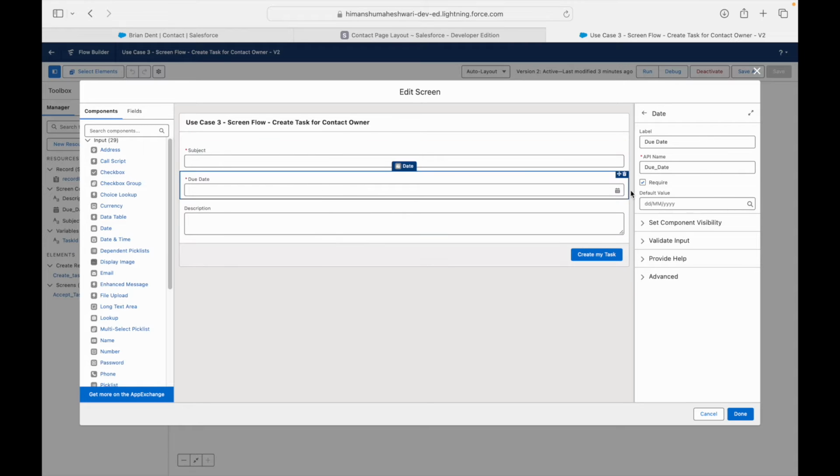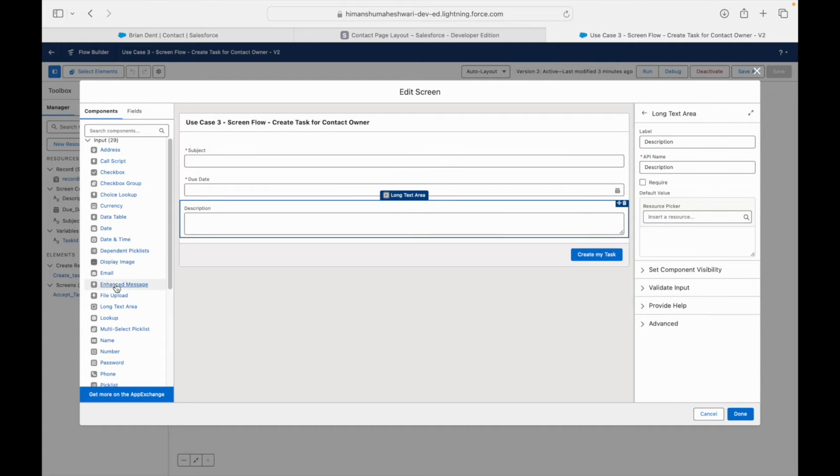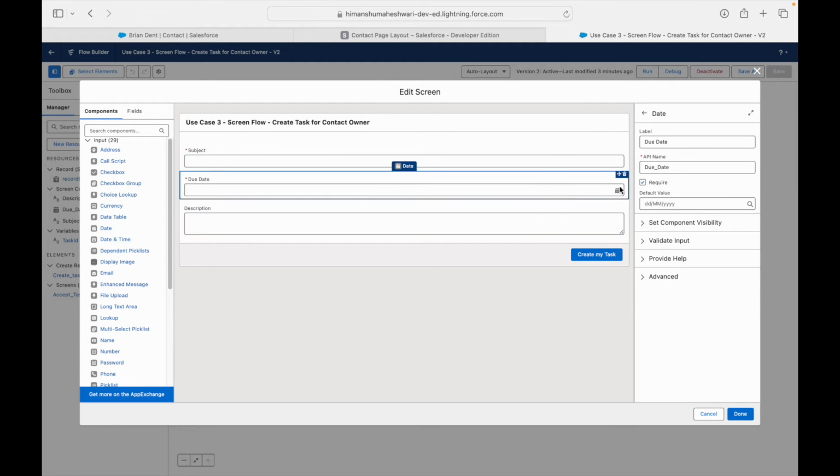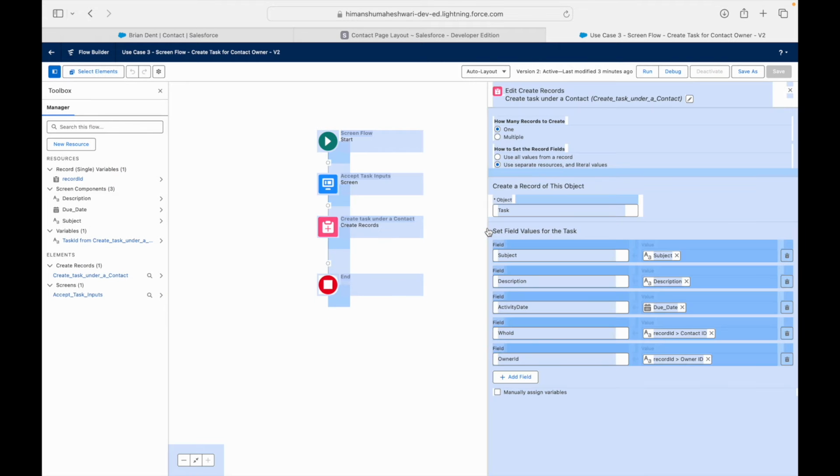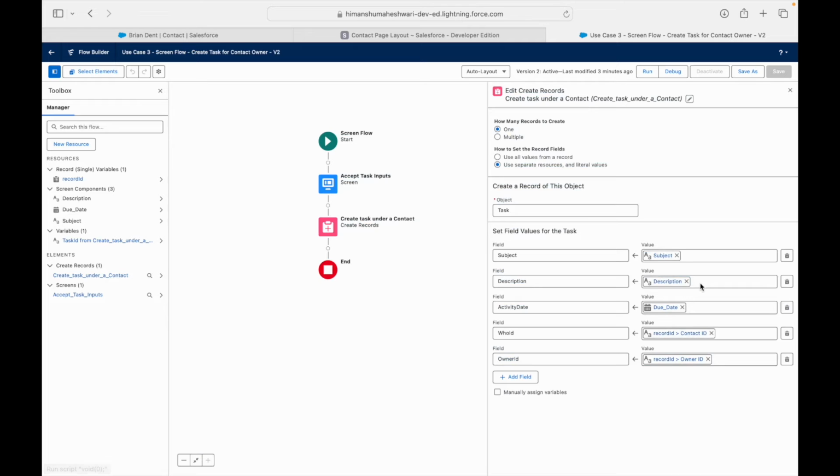So a date picker will let you pick a date by giving you the option of a date picker, right? It would not be a text field, right? Same with long text area and same with all other data types that you have here. Cool. It's very easy to just drag and drop and just use those. You just need to ensure that you put a relevant API name and you use that API name to reference that value wherever you want to, the way we did it on the create task button here,